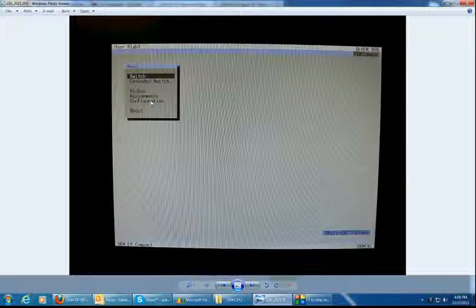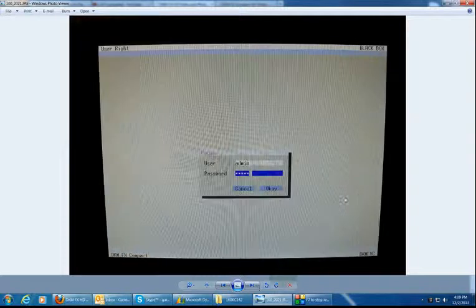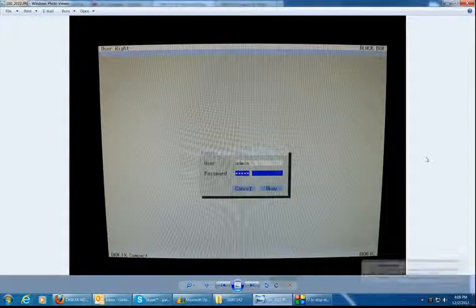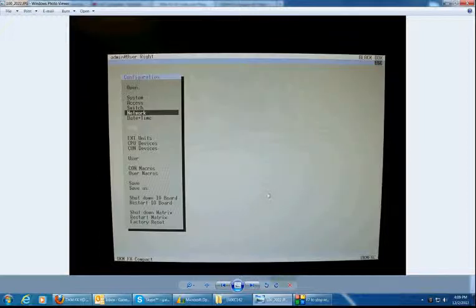Use your arrow keys and scroll down to configuration. It's going to get you to the next screen, which requires you to log into your DCAM-FX to change some of the parameters. By default, you can use the username admin, all lowercase, and the password is admin, all lowercase. Once you enter your user credentials, it's going to take you to the main admin page for configuration.